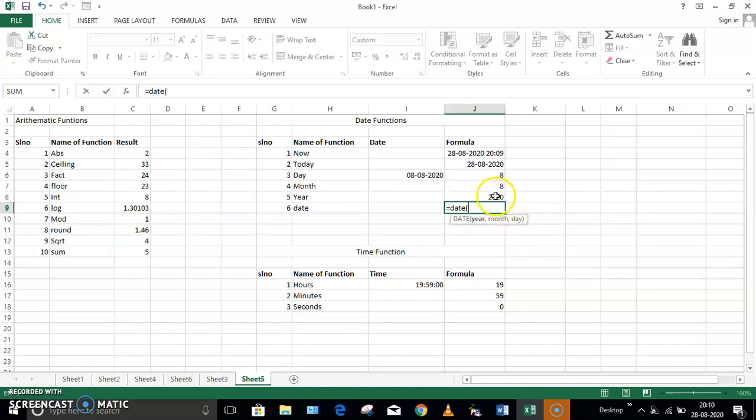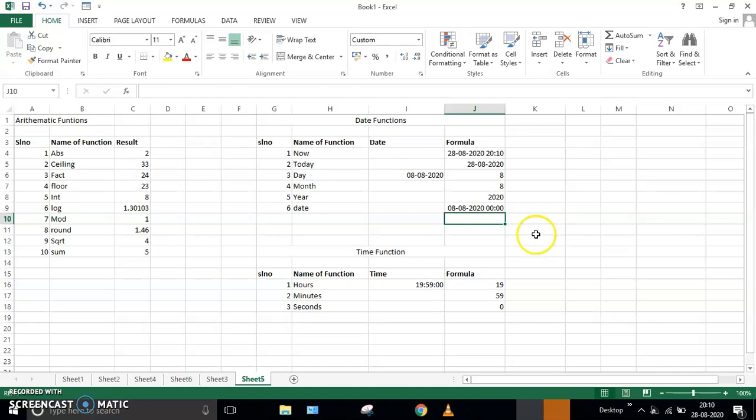So here I will take the year from the previous result, comma, the month also from the previous result, comma, the day from the previous result. When I click enter, you can see that it is giving you the current date, along with the time, because I have not specified any time, it is giving 0, 0. Okay, so this is about the DATE function.